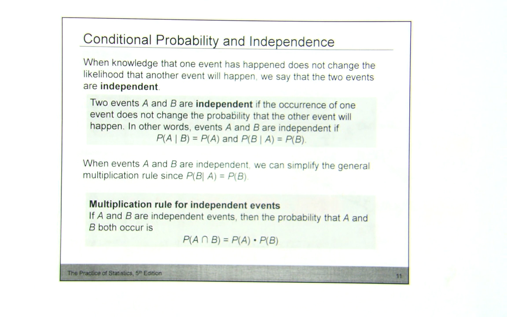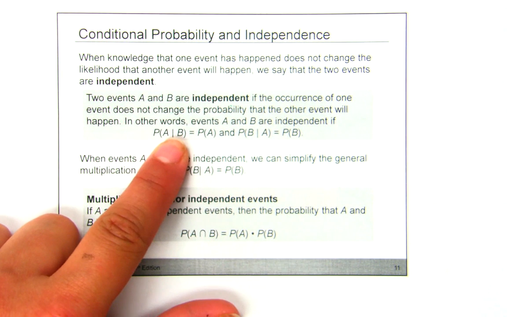But if one event having happened does not change the likelihood of another event, we say that they're independent. So whether or not I go to Raley's has nothing to do with whether or not I go to Walmart. The probability of going to Walmart is still the same as if I were to go to Raley's. Then we can say Walmart and Raley's are independent of each other. And the way that we do that is we use the given condition to prove it.